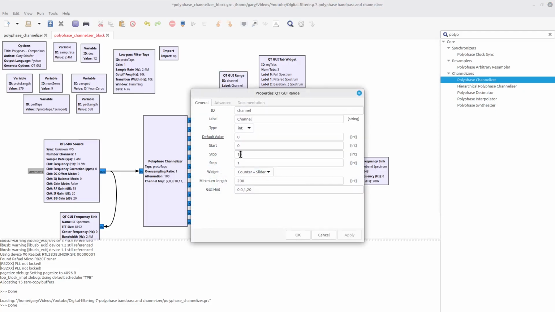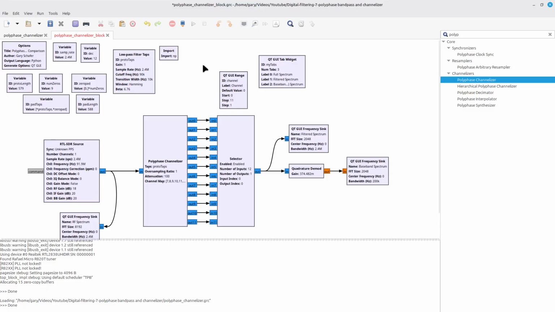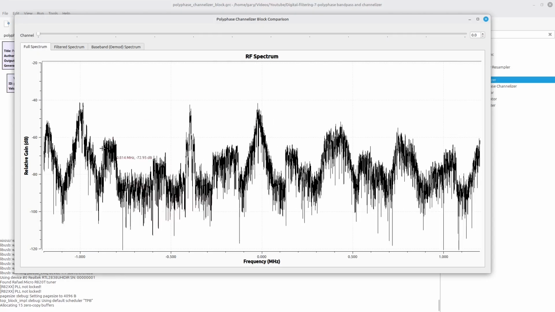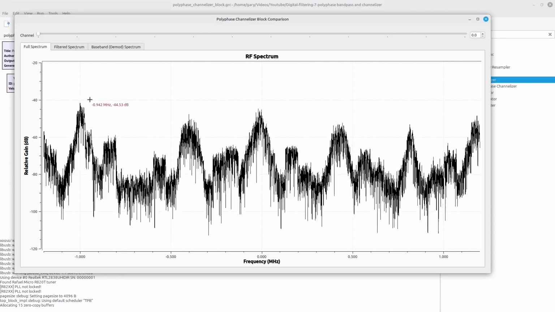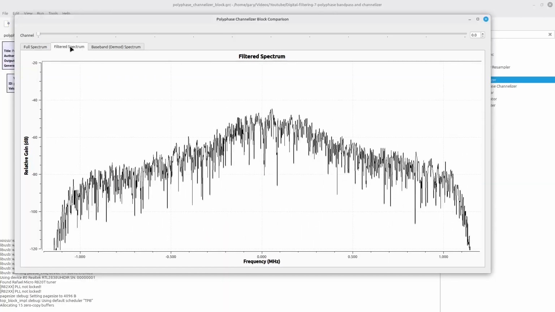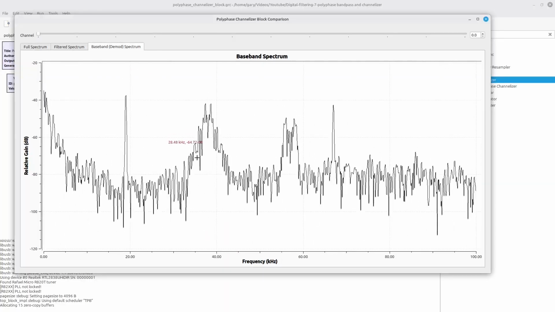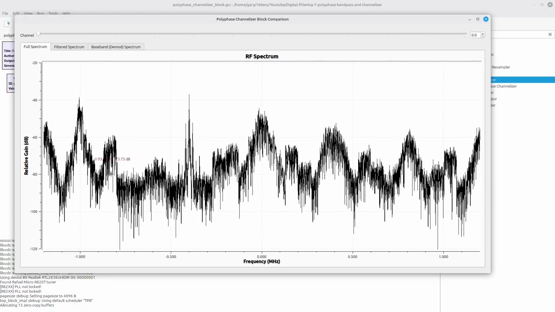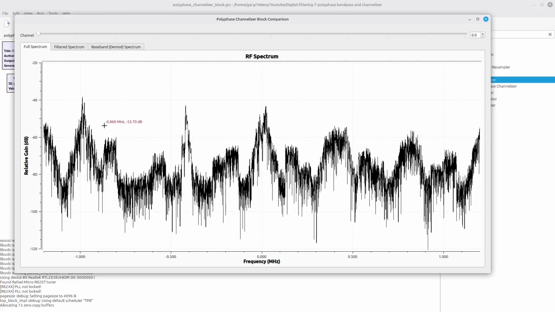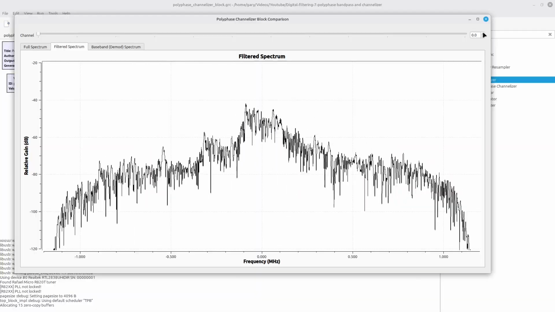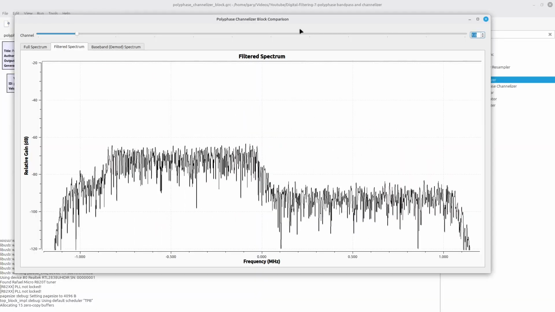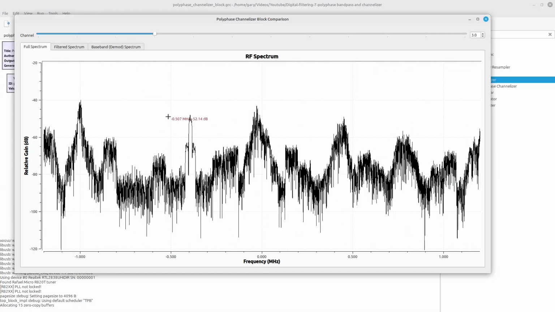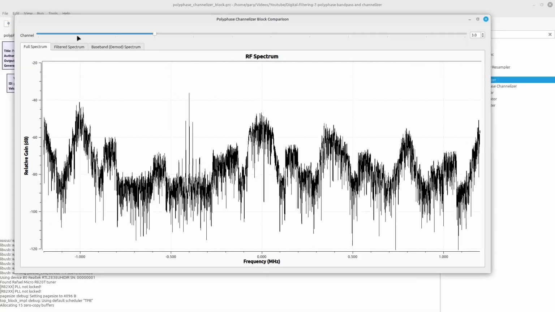Let me also make an adjustment here. We'll make this channel up to channel 11. If I run this and look at its outputs, again, if I've got everything set up right, first off, the filtered spectrum should be this guy here. It pretty much looks the same as it did before, but the real tell is here. Yep, there's the 67 kilohertz SCA, so I've got that right. Also, the next one in line should be this IBOC with a flat spectrum. If I look at that, yep, sure enough, IBOC, flat spectrum, followed by flat spectrum, a slightly lower IBOC, followed by another FM station, which should correspond to this particular channel right here.